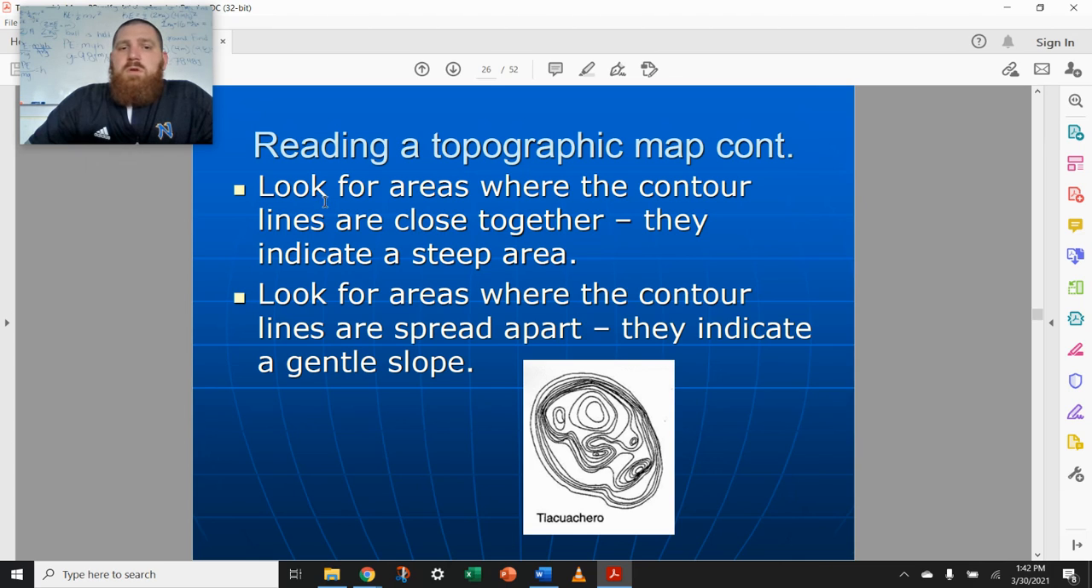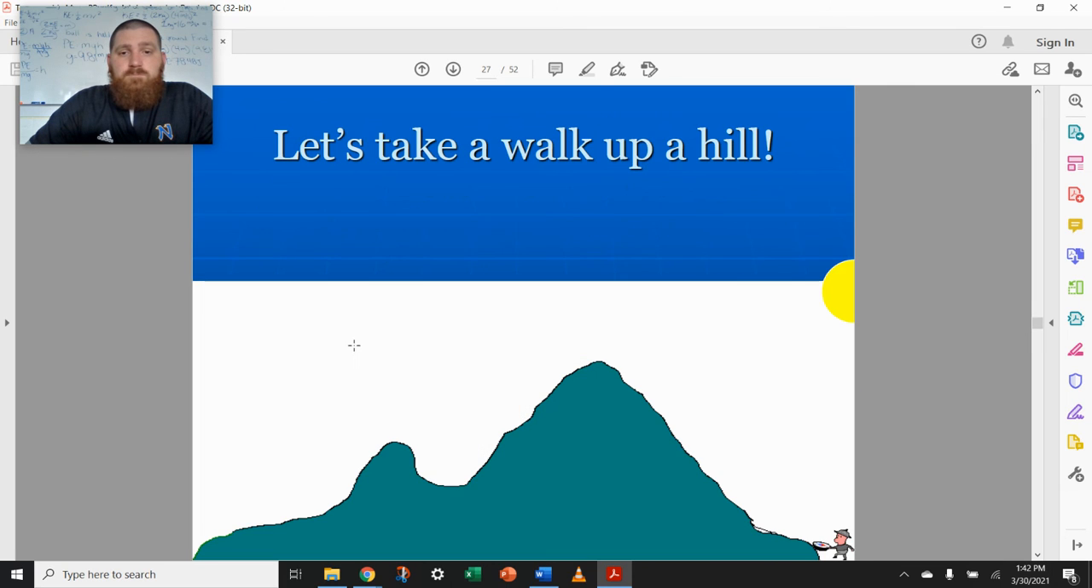So when we go to look at these contour maps, make sure you look for areas where the contour lines are close together. That's going to indicate steeper slopes, and then when they're spread further apart, those indicate more gentle slopes. Now, guys, again, take a look at what this is going to be like in the